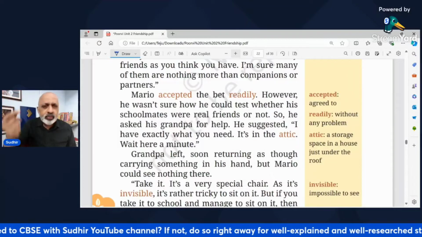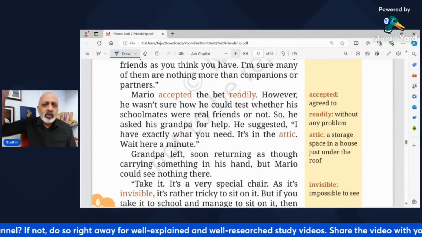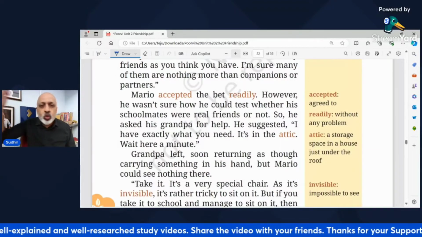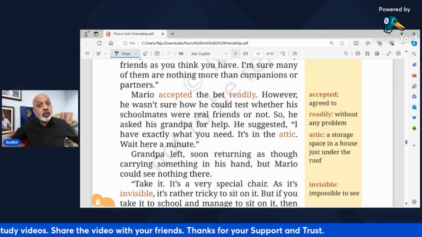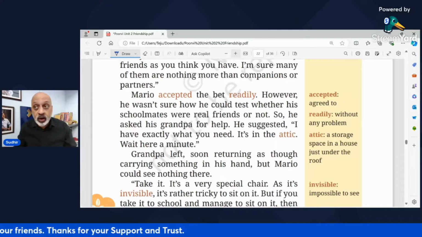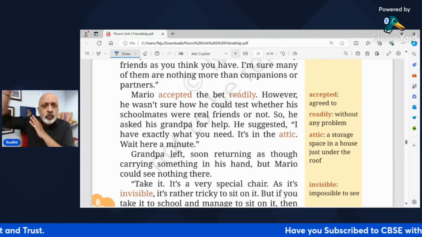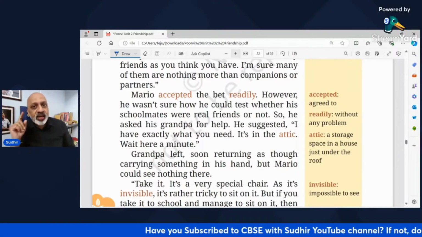Okay. In some cases they say loft, which is kept a little above, where you keep things which you don't need on a daily basis, suitcases, some old utensils. We don't use, like there are some big utensils at some homes. You need them only when you're organizing a party or some function at your home. You don't need them on a daily basis to cook. So you put all those things in the attic or the loft. So he says it is there in the attic.